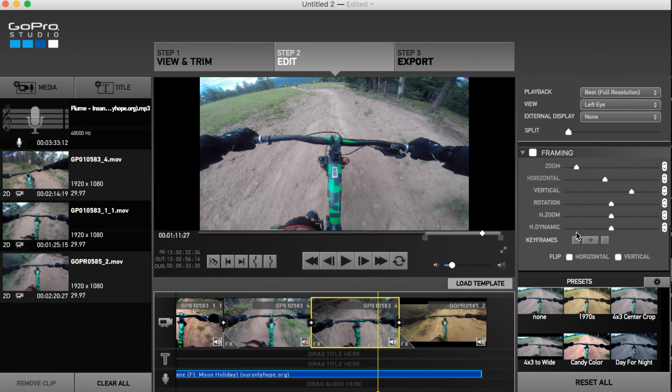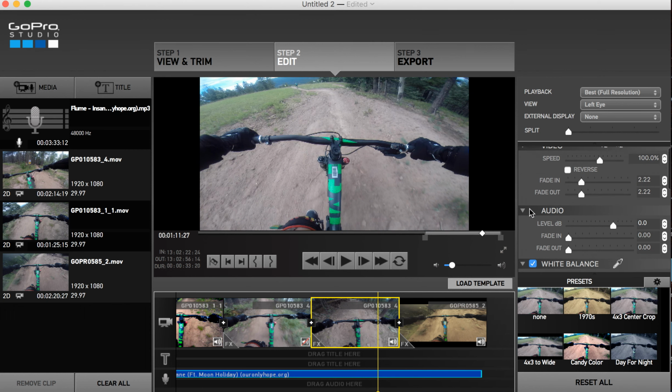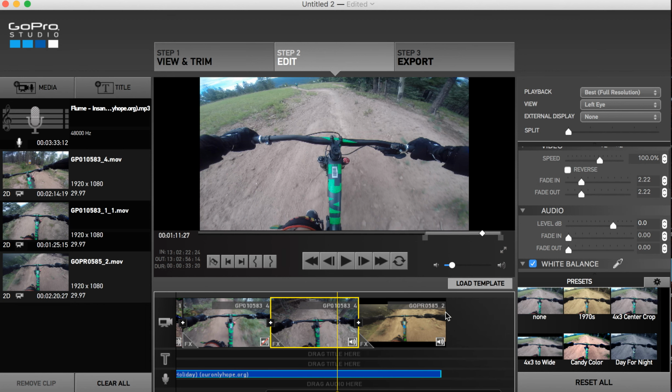Alright. White balance. That's just the same kind of thing, just color. I just leave it preset. It's easiest that way. In audio,